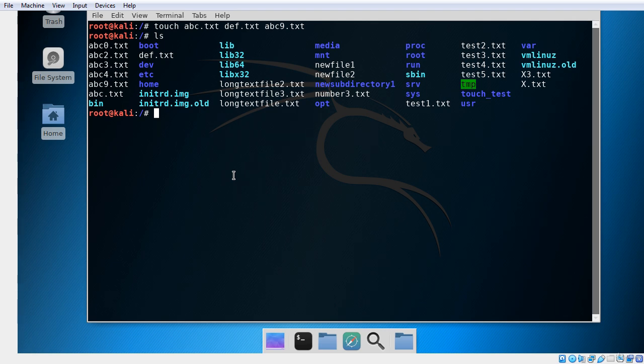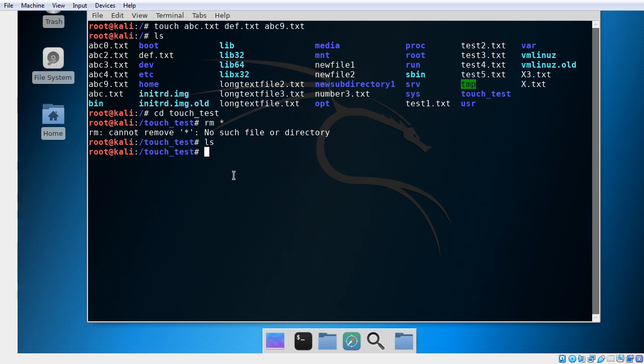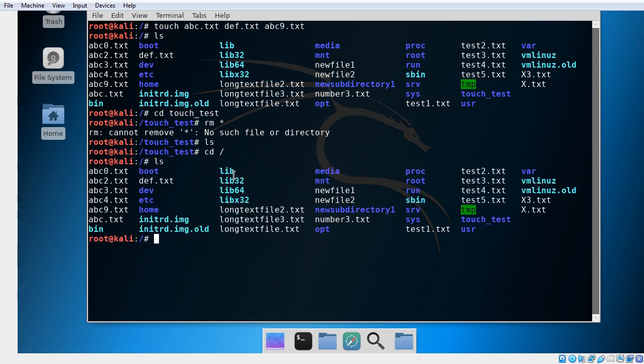I don't want to delete the folder, so let's go to touch, test, remove all. Okay, that's already empty. Okay, so touch,